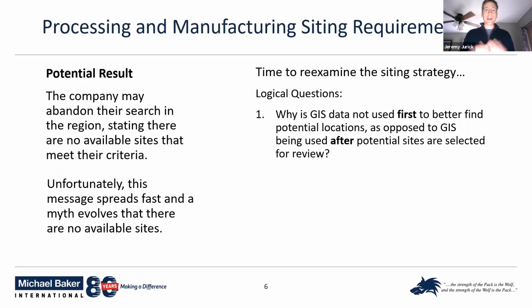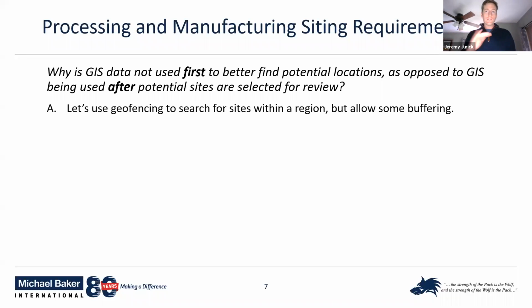Let's scour county websites and just look for things to see if this location supports what we want to do. All right. So as we go into the different layers here of this concept, I have 4 or 5 things that I want to talk about regarding using GIS data first and how we should better do that. So number 1, let's use geofencing, which we already do, but let's geofence regions to look for sites, but allow